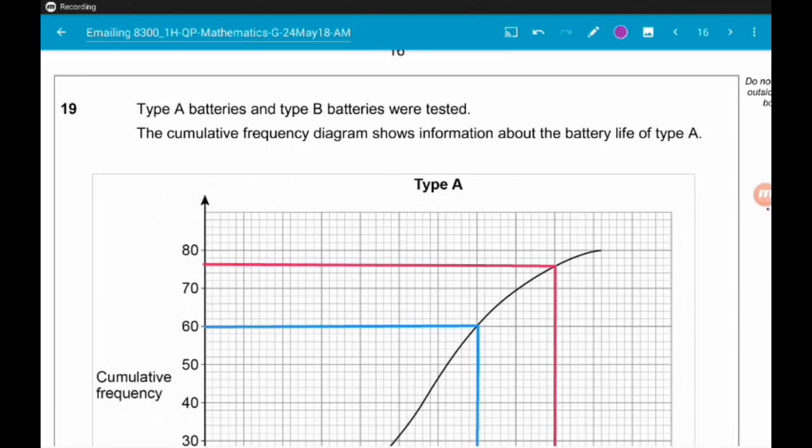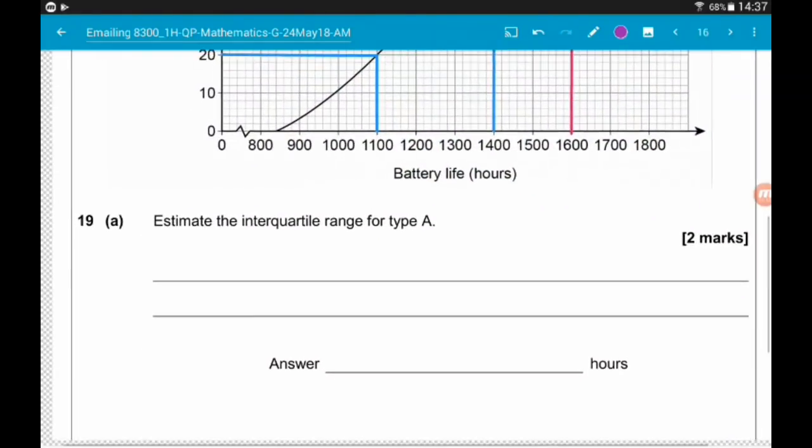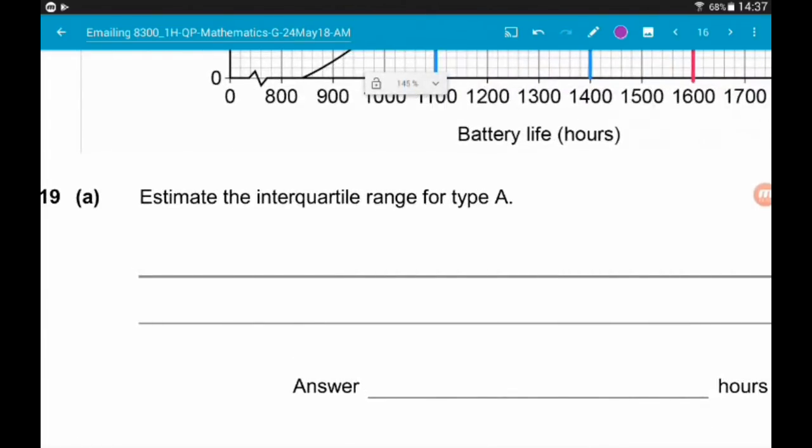Question 19 says type A batteries and type B batteries were tested. This cumulative frequency diagram shows information about type A batteries. So ignore the red and blue lines for a second. Part A asks us to estimate the interquartile range of type A. So the interquartile range, which we're going to call IQR, is the upper quartile minus the lower